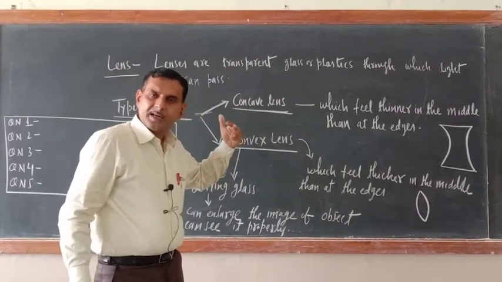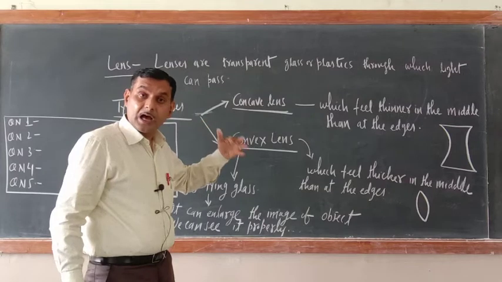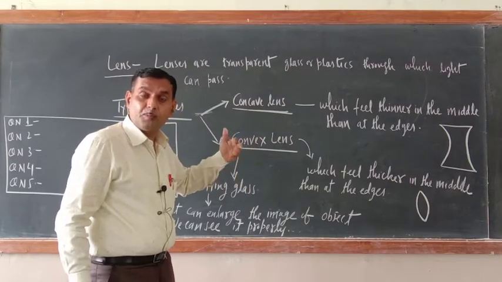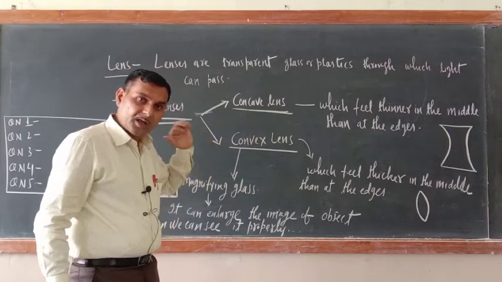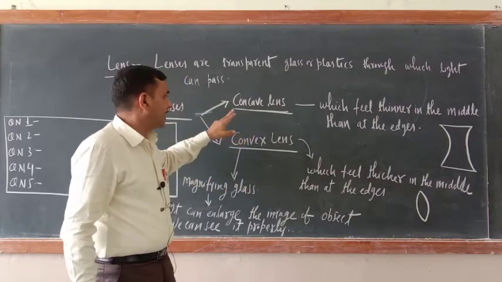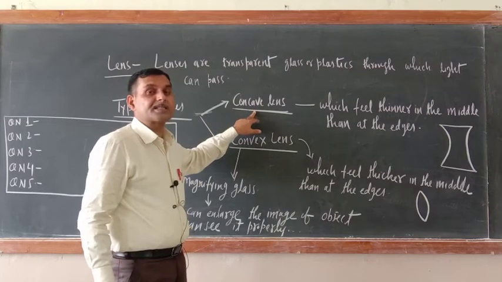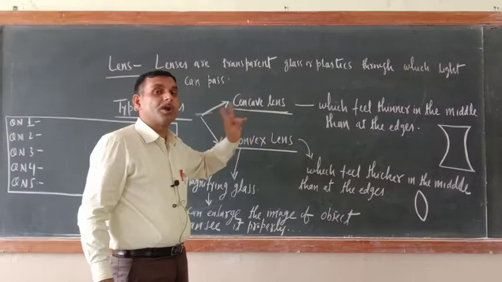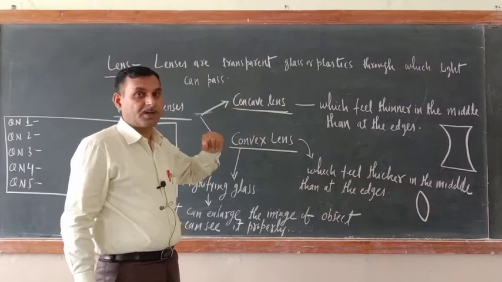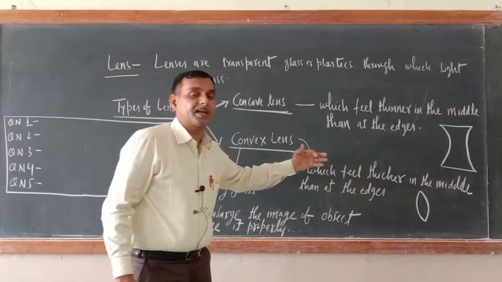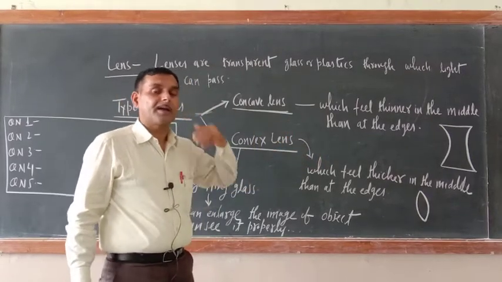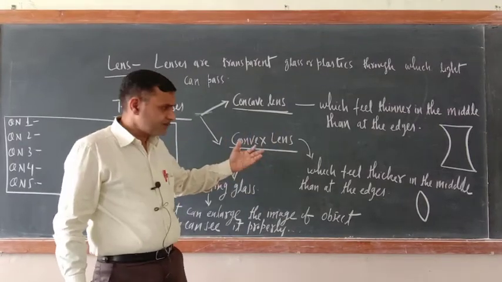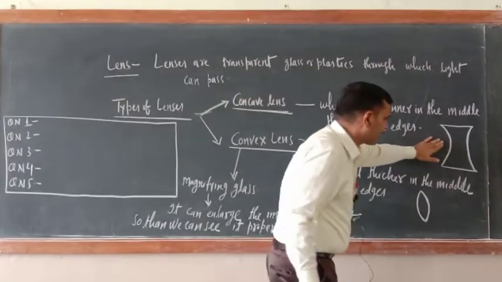So a mirror does not allow light to pass through it, but a lens allows light to pass through it. Okay. And just see, just like in a concave mirror, their reflecting surface was concave. Similarly, here we should not use the word reflecting surface, because light is hitting that area and not coming back. It is passing through it. So this is not a reflecting surface.